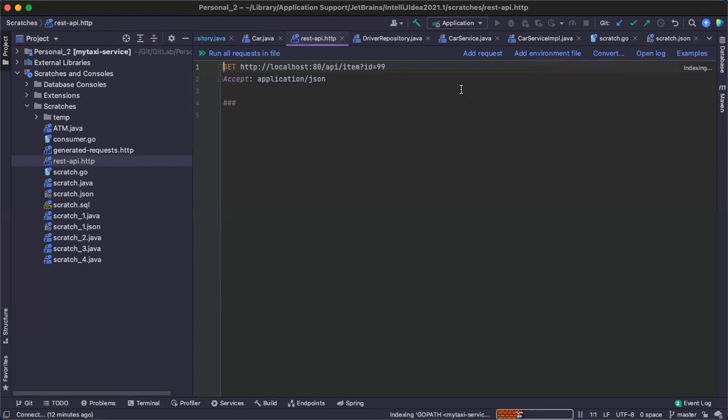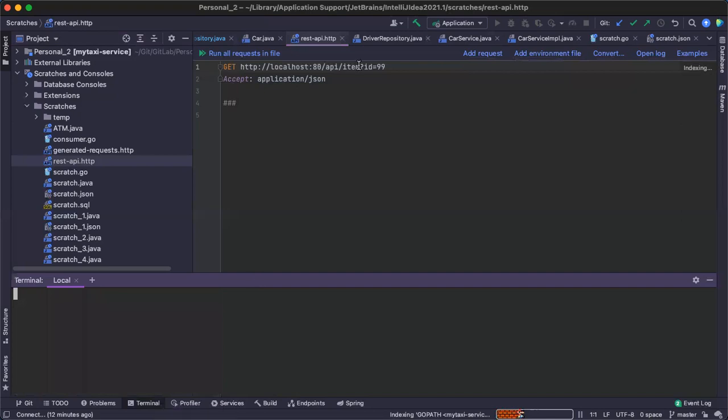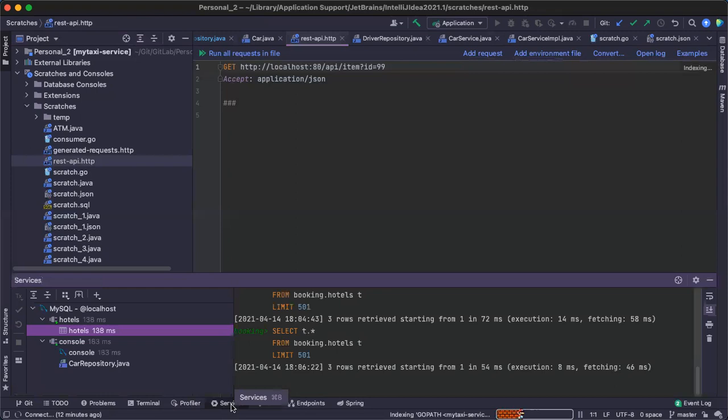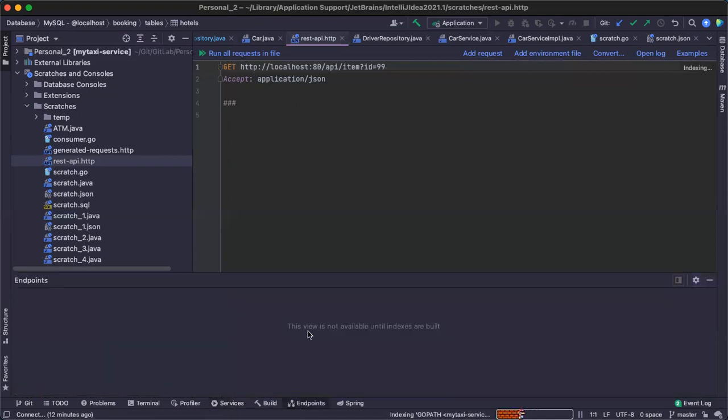How does the output come, Satish? Like here you mentioned get and accept. Okay, here it shows, in the terminal it will show. Or they will have specific services. This service is pretty much for a database, everything. And here we have endpoints, right? I think it's been a long time since I used this one.